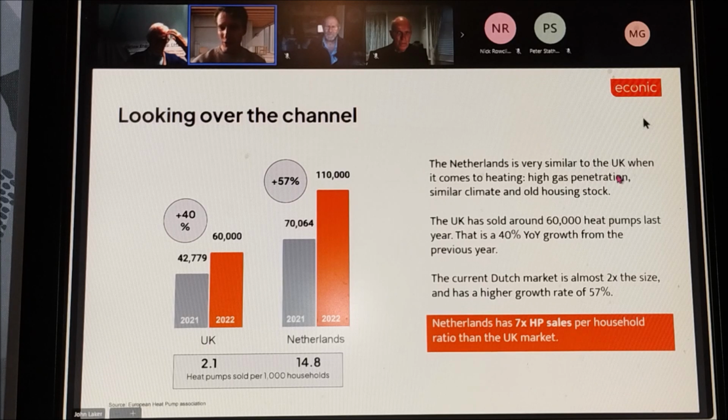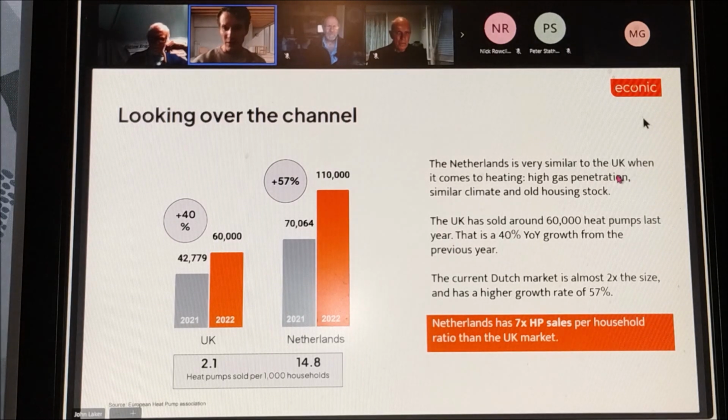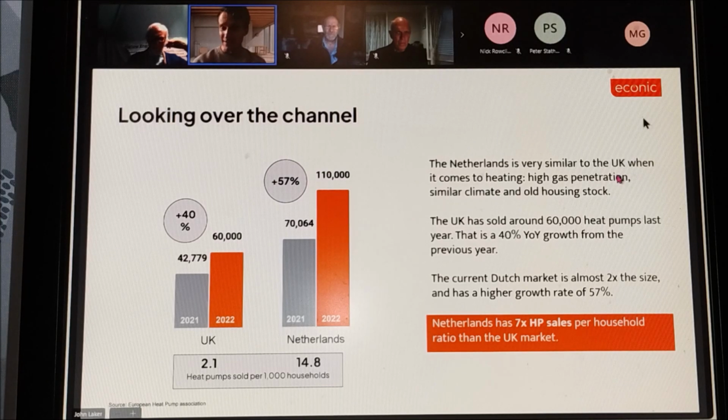And of course the housing stock, not just the UK has an old housing stock, but the Netherlands in many ways is actually quite similar. But if you're looking at the penetration in the Netherlands in terms of heat pumps, it's just way bigger and it's growing faster than the UK. So they have a penetration 7 times higher than the UK. So the question I think that is an important one as we go into the energy transition is what can we learn from others, what worked. And if we're going to the Dutch market, then we're looking at hybrid heat pumps. That was the big insight that they had. So if we're going to the next slide,